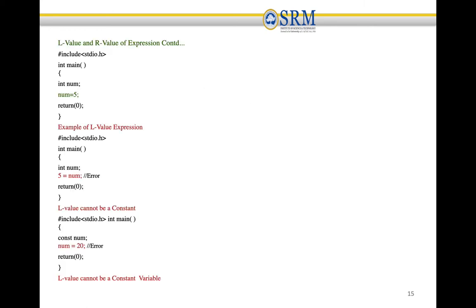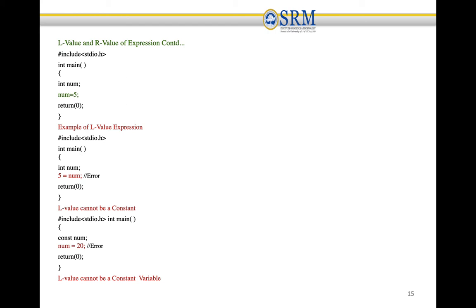And next are a few examples of what is right and wrong in L and R values. If you see the first program, we are assigning num equal to 5. This statement is correct because we are assigning a value to the variable.